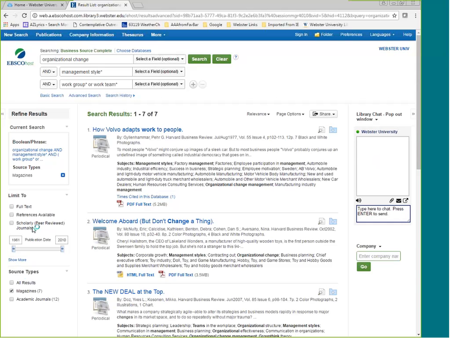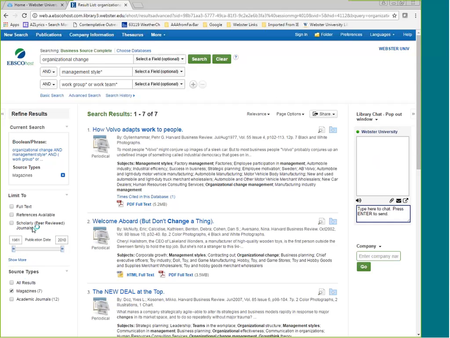And what those can be helpful for is to help you to see how a particular topic is being written about and how research is being applied and how those topics are being used.